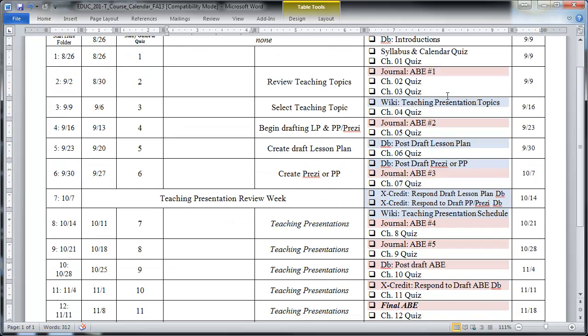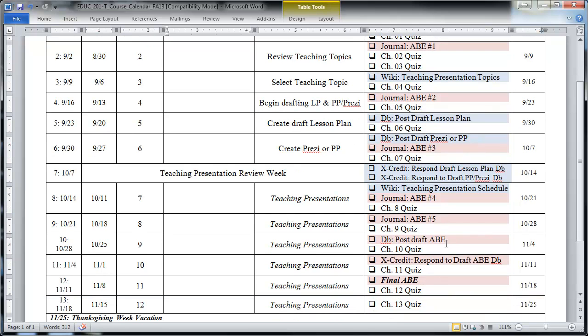I took the ABE paper, which is roughly a 5 to 7 page paper, and divided it into journals. You get a couple of prompts in each journal to help you draft out that section of the paper. Then down here, you're going to put the whole thing together in APA format, show me a draft, and then the final one is due here. Writing a 5 to 7 page paper at the end is much easier when you've already done sections of it, and you've also had more time to think about the individual sections before you compile them.